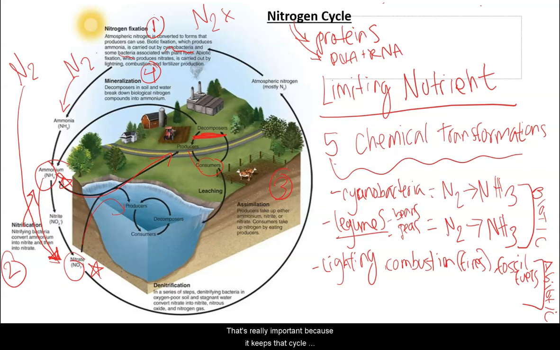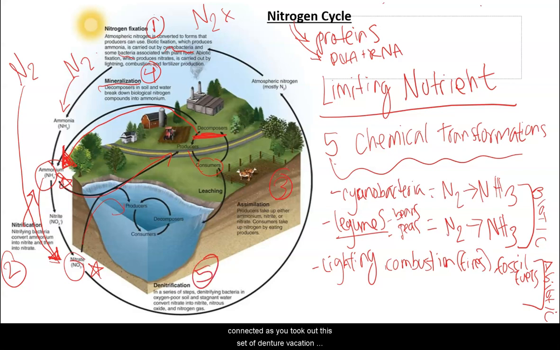And that's really important because it keeps that cycle flowing from land to the atmosphere as well. So mineralization is decomposers breaking down the nitrogen into ammonium, or NH4. And that can also be used by plants and animals within ocean ecosystems and land. So you're having these mini cycles within this larger cycle. So that's mineralization. And then the last one is denitrification, which is really an important step because it keeps the